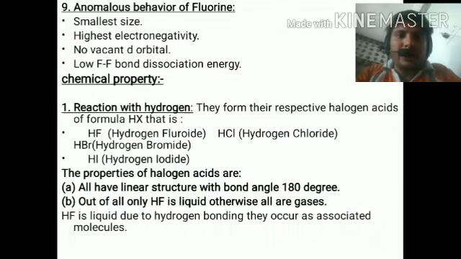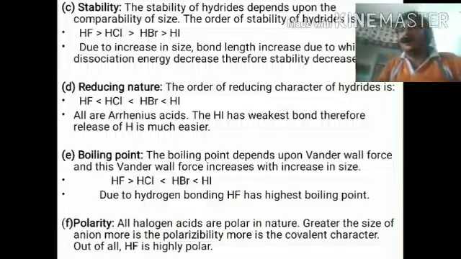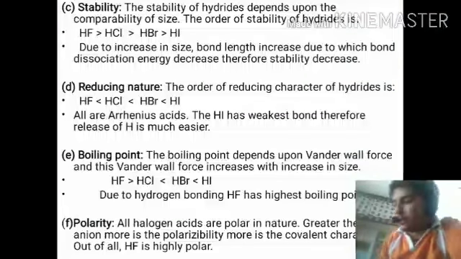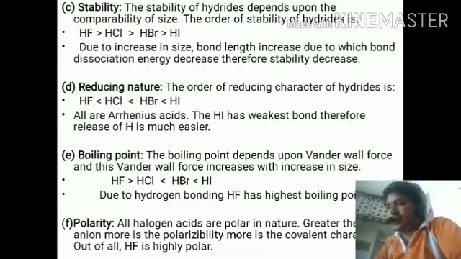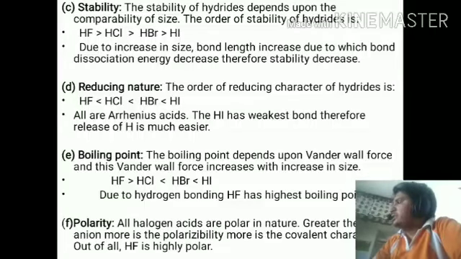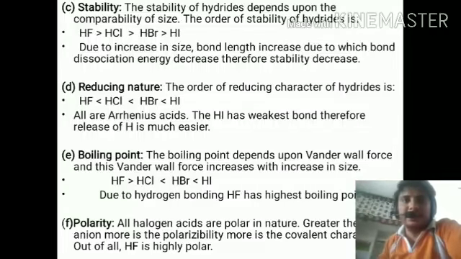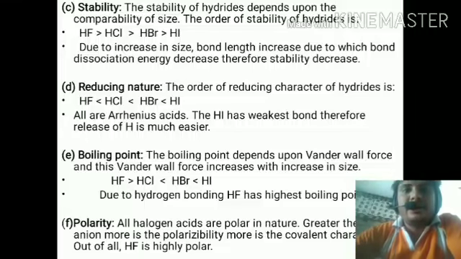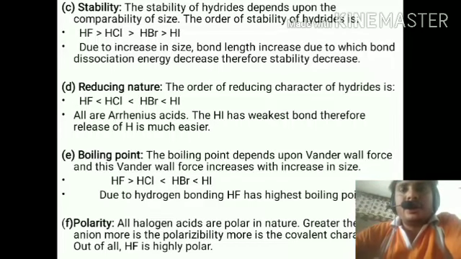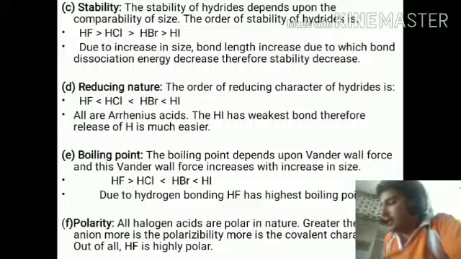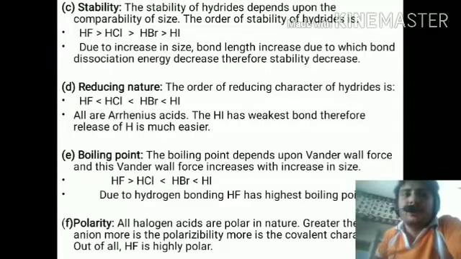Okay. Now the stability of the hydrogen halides. The stability of the hydrogen halides decreases from top to bottom. Like HF is highly stable, but HI is less stable, because when we move from top to bottom, size increases, so the bond length increases and the bond dissociation energy decreases. That's why HF is highly stable. If you're talking about the reducing nature, it increases moving from top to bottom. So HI is the strongest reducing agent, and it easily donates the hydrogen atom, because iodine is largest in size among the hydrides in their respective group.